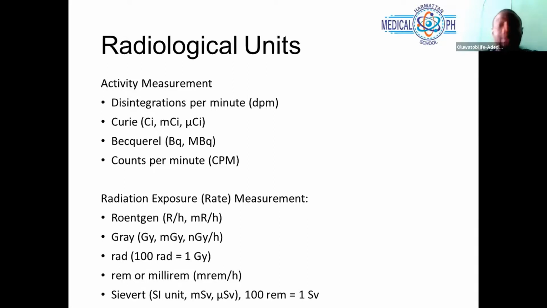So when we talk about radiation exposure or radiation exposure rate, we are basically talking about doses, radiation doses, for which we also have different types, different classifications of doses. We can talk of the absorbed dose, the dose equivalent, and the popular effective dose. So whatever dose we are talking about, basically you can express them in this unit. But most popularly, talk of the sievert as the unit of radiation exposure